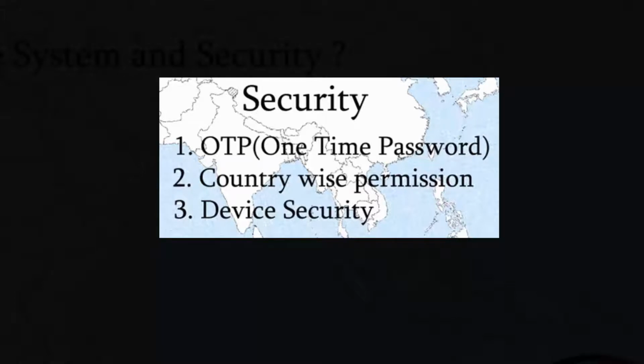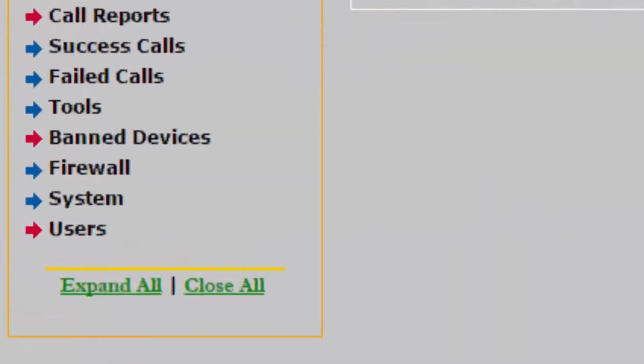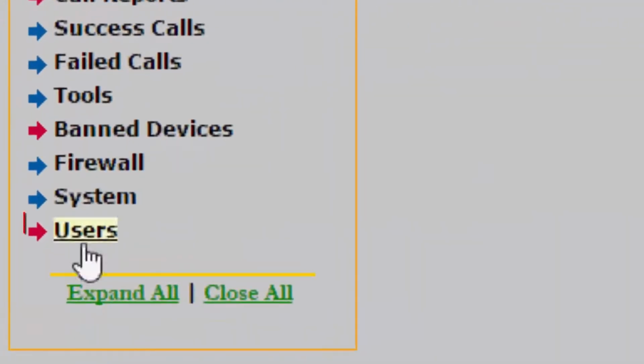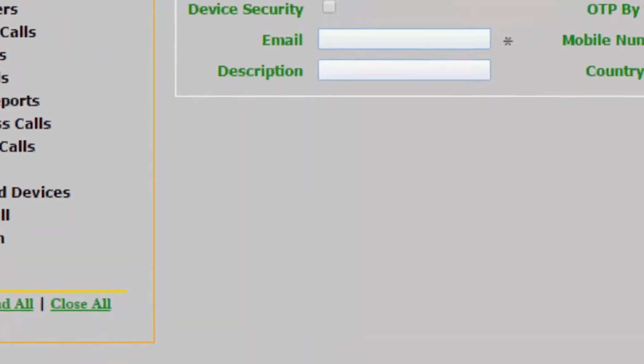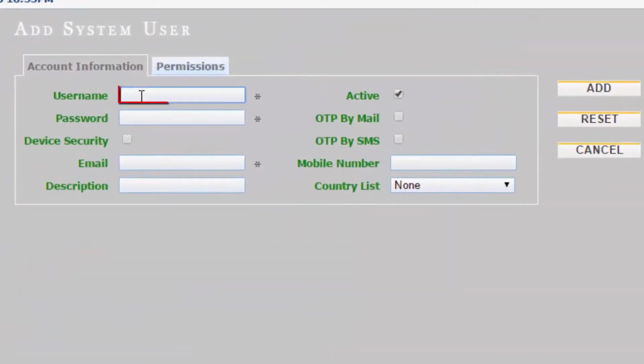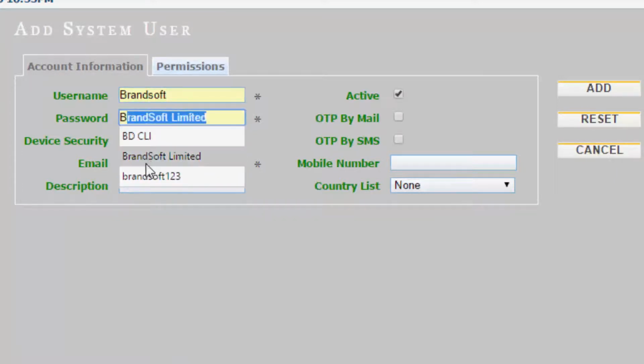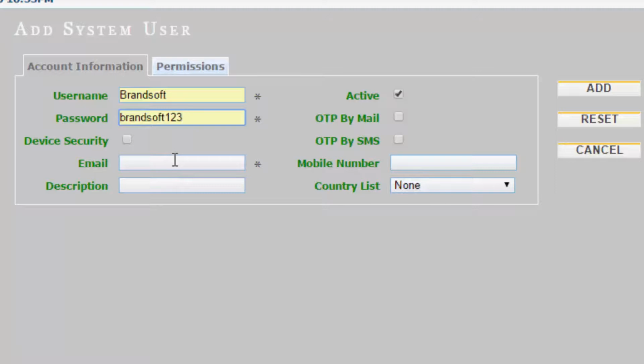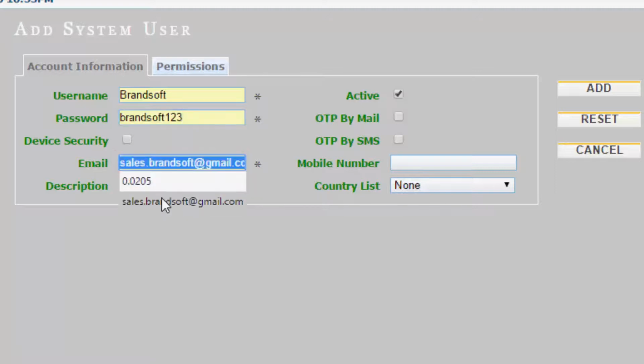At first, we will see where I can set OTP. For this, click the user menu and click add. Here we can create a new user. Suppose I give here the username Brandsoft, password Brandsoft123, give here email ID,